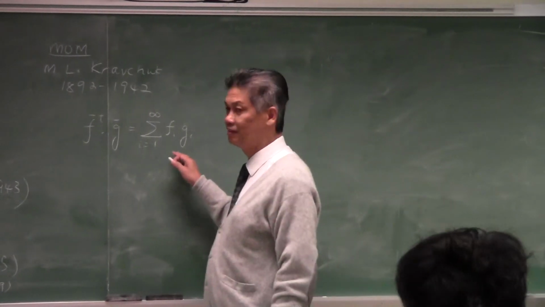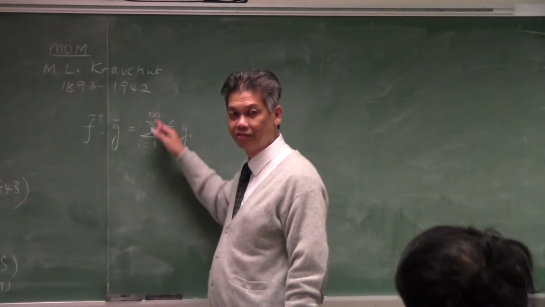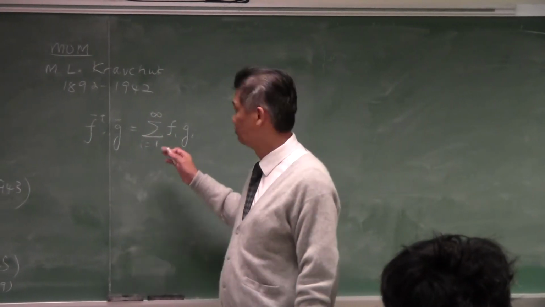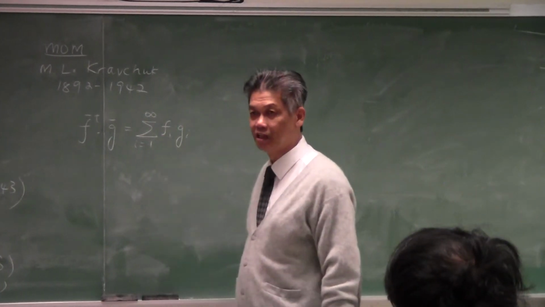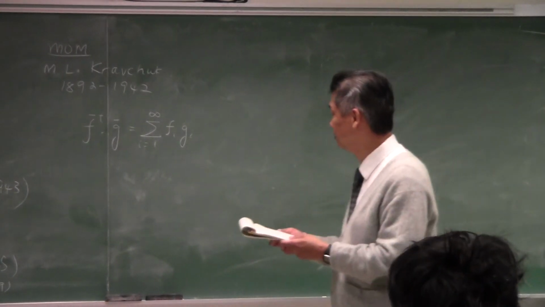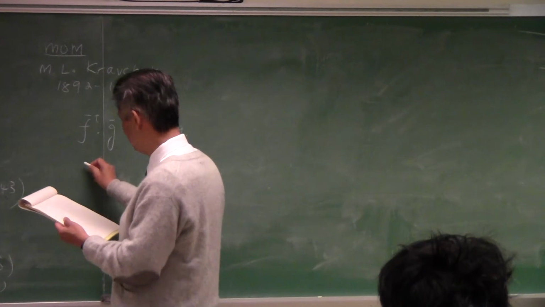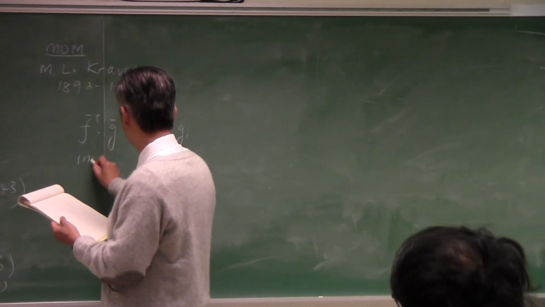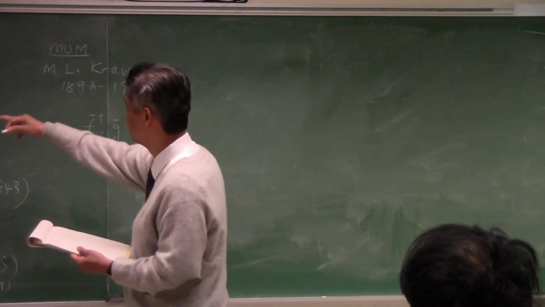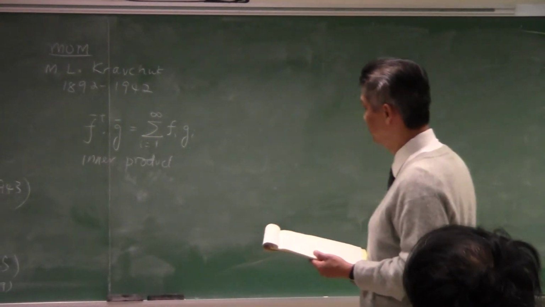Except that when you generalize things in this manner, you have to worry about convergence. Not all vectors can be defined this way. When you sum over infinity, you have to talk about the convergence of these vectors. Okay. So then, if you think about this, this is an inner product